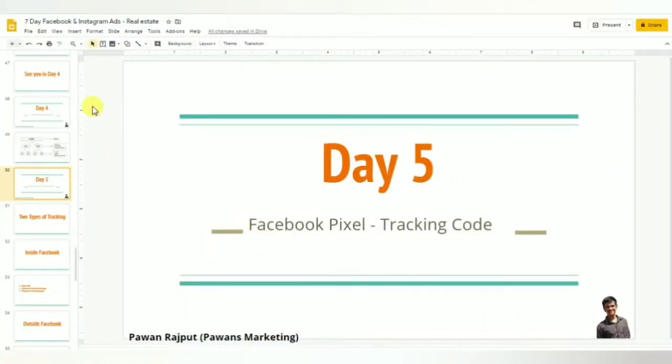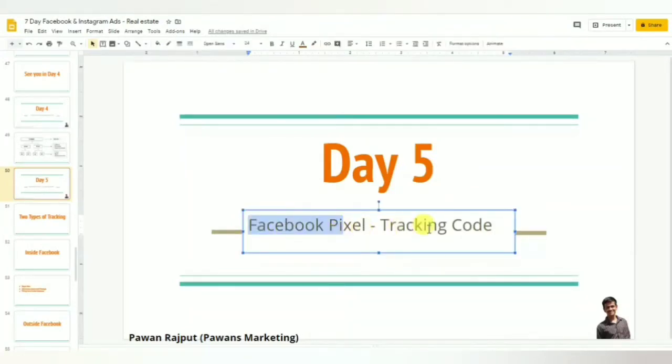In this video we are going to learn about Facebook Pixel. Facebook Pixel is also called a tracking code. Whenever you want to track something, you have to use a Facebook Pixel, right? The main use of Facebook Pixel is creating retargeting ads. We have talked before about retargeting. That means someone comes to your landing page but does not convert there. For this we can use a retargeting ad. And how can we track? We need to track website traffic. For this we are going to use Facebook Pixel, also called a tracking code.